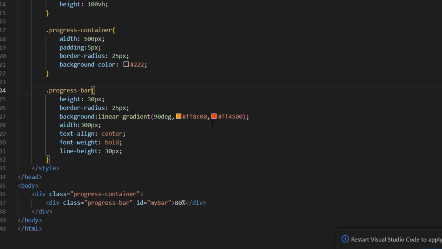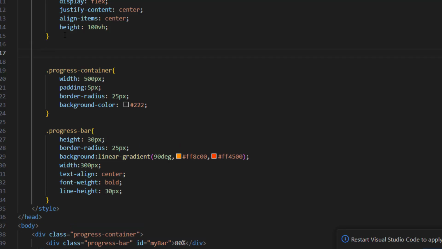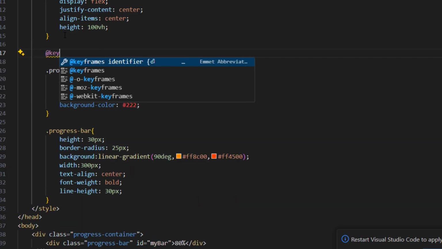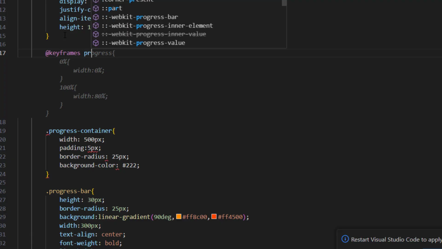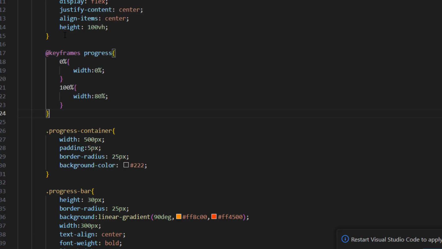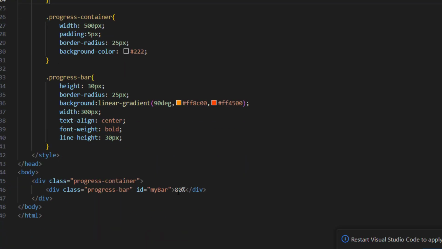Alright, now it's time for our animation. So after body, let's write here keyframes. One that we will use is progress. At 0% its width will be 0 and at 100% its width will be 80%, because we have provided here